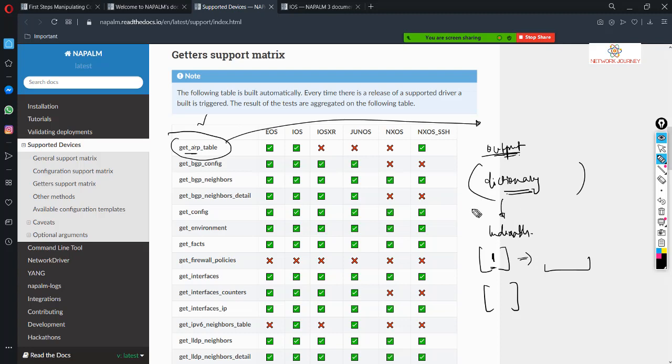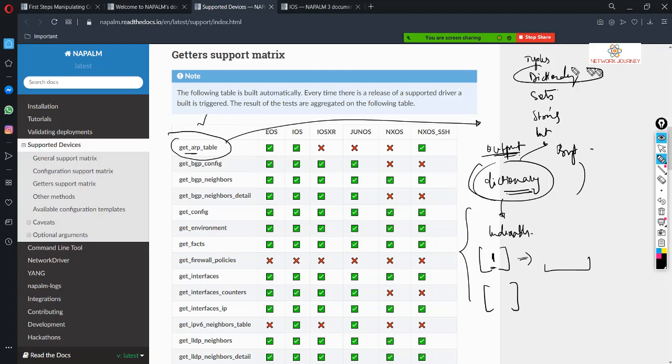Those are a few things about the dictionary which we covered in the Python theory, right? There are a couple of data types. One was tuples, dictionary, sets, and what else did we see? We had string, integer, bytes, right? So I'm talking about this.